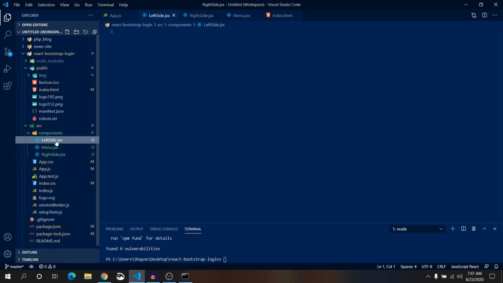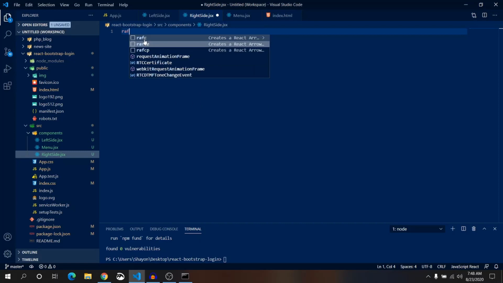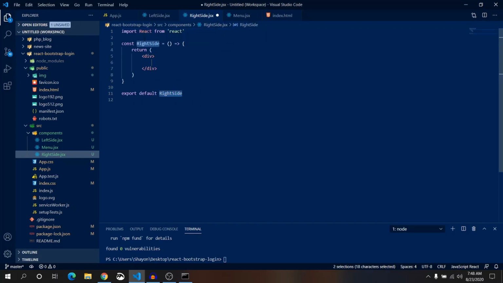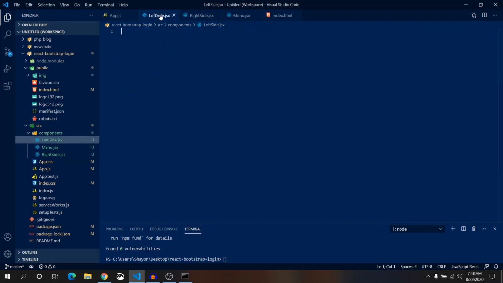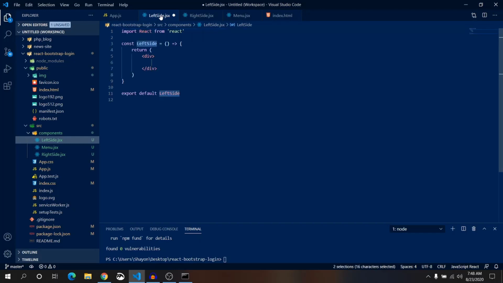Okay, in left side we'll have a simple login page, and in right side we'll have that image we have downloaded. Okay, just write RAFCE for creating simple component. RAFCE and tab.